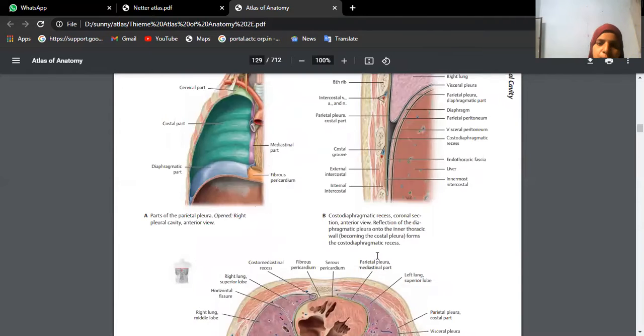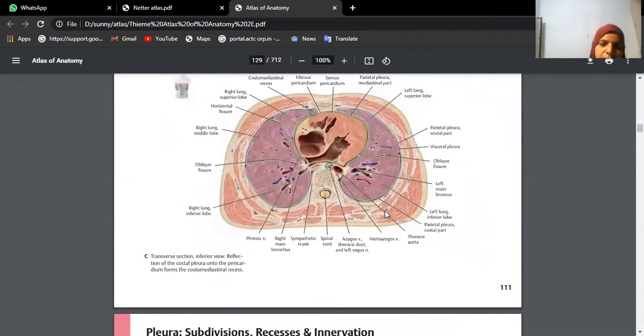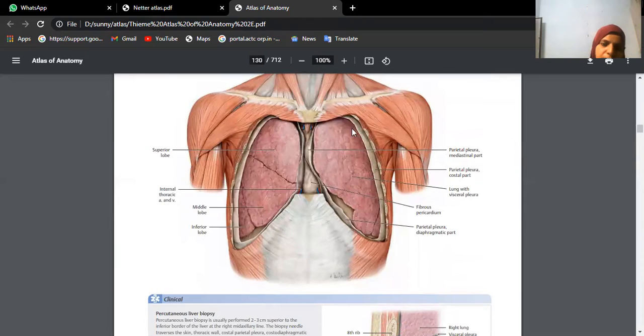Actually, we can approach the liver for biopsy by entering into this particular intercostal space, without damaging the lung. Then once you remove the rib cage, you will see the heart somewhere in the middle like this with fibrous pericardium. Exactly, only this much area of the heart you can palpate, in fact. The rest all will be lungs only.